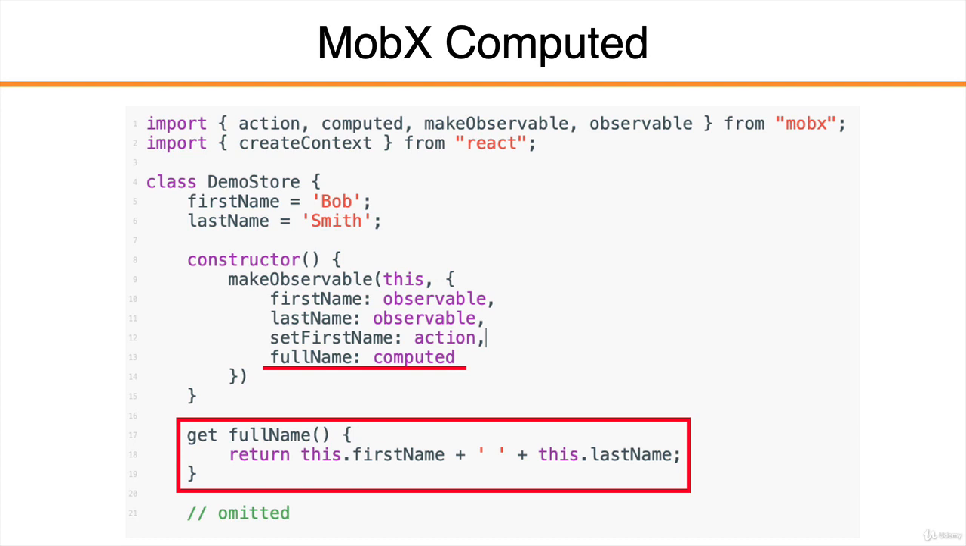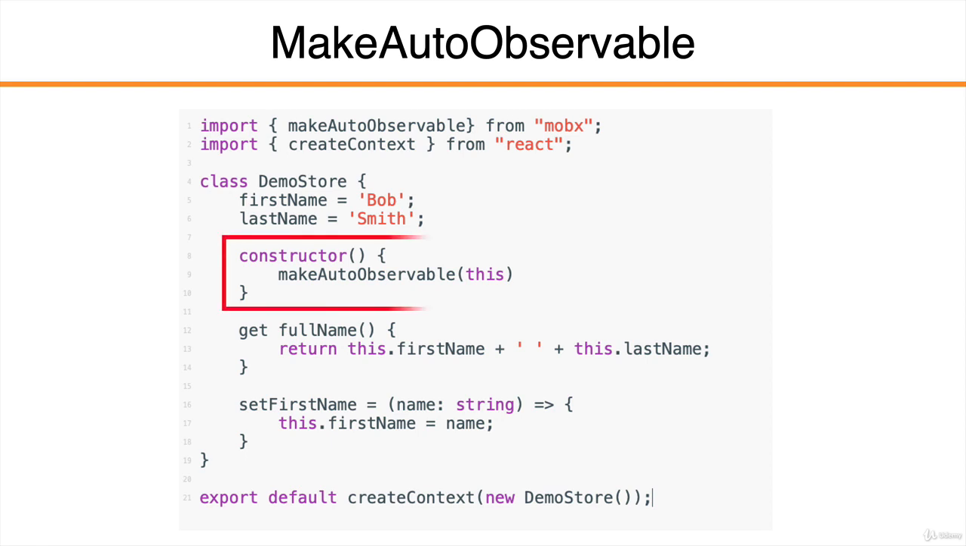function. Now we don't have to use makeObservable either, because MobX can infer what's going on inside the class by using the makeAutoObservable function. And then we just pass this into the parameters of the makeAutoObservable, and then MobX is going to infer that the first name and last name properties should be observables. It's going to infer that the get fullName, because it's got a getter, is going to be a computed